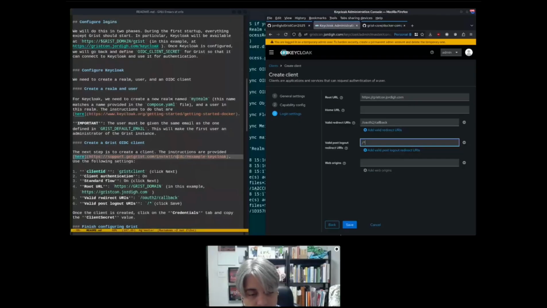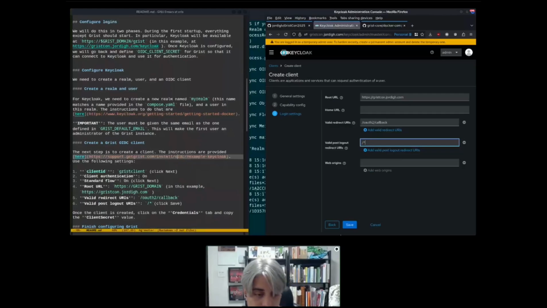And we save. So now that we created a client, there are credentials now for it. And this is a client secret that we couldn't set before. So before, when we were starting this whole thing, it didn't work. Grist can start. So we're going to stop right now all of our Docker Compose installation so that we can use this new client secret and give it to Grist, so that Grist can log in